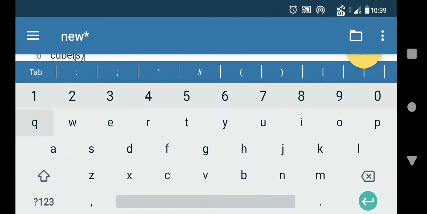And what is the another way? I will write here s equal to 20, then again I will call it, but now I will pass here the variable. So according to this, what the result will come. So now I will go to rotating the screen. Now see, I have rotated the screen. Now you can see here, before rotating the screen, I will show you the main thing of this.